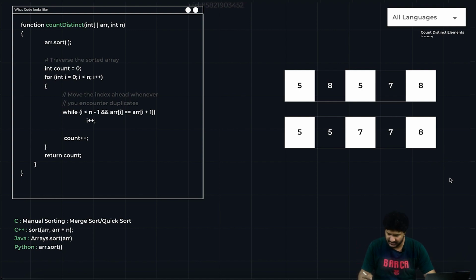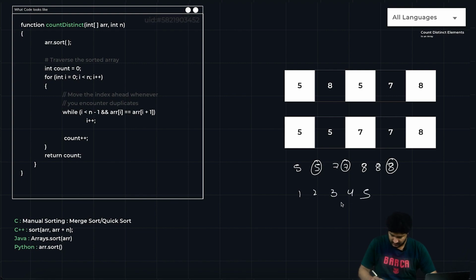Simply. Why? Because let me give you a scenario. So let's say 5, 5, 7, 7, and then 8, 8, 8. You'll increase the count for 5 here, you'll increase the count for 7 here, but for 8, you will be increasing at the very end. So the last element you obviously need to count in any scenario. Even if it's 1, 2, 3, 4, 5, you will be counting the last element. Correct? So basically that, right?